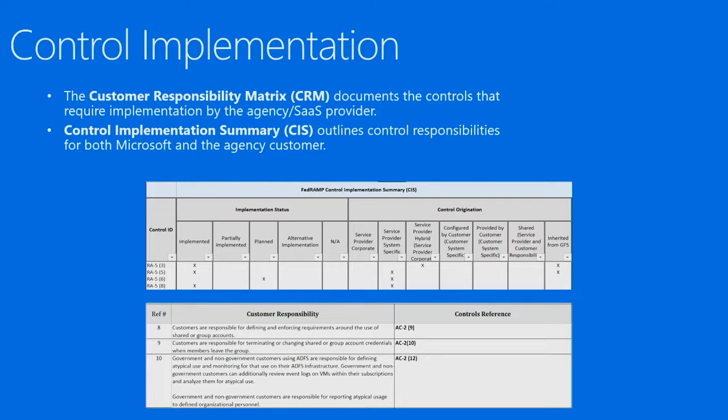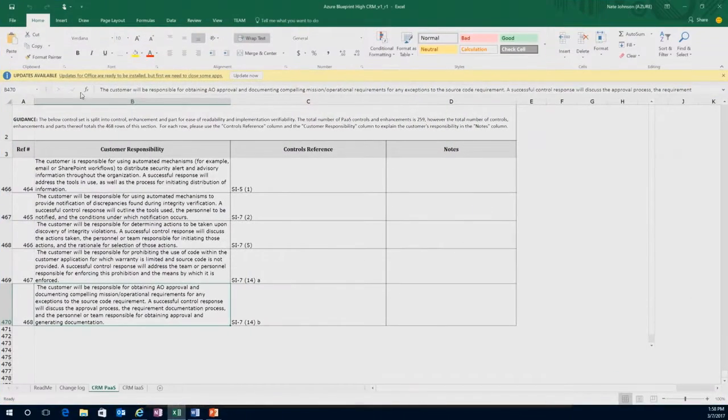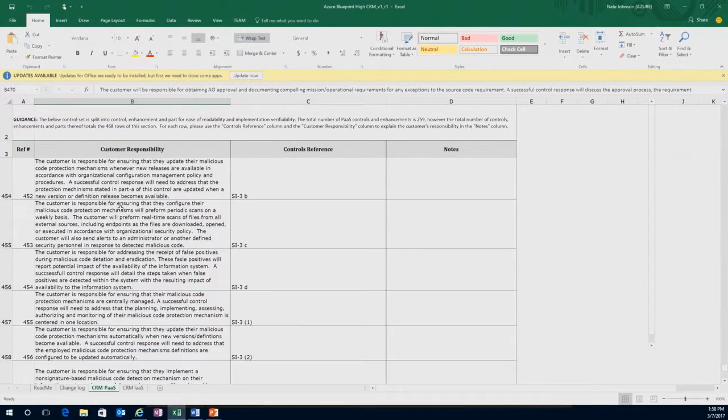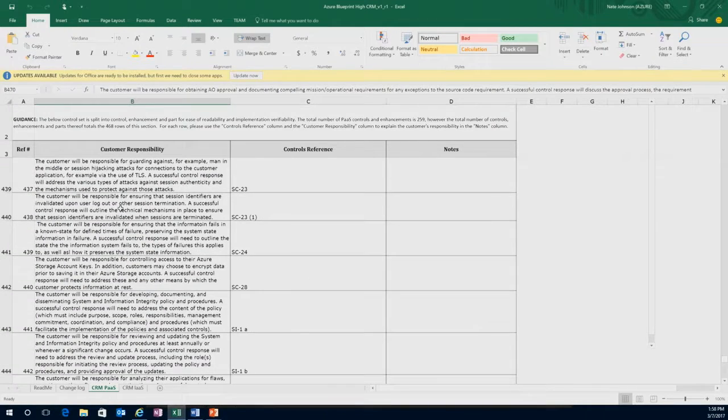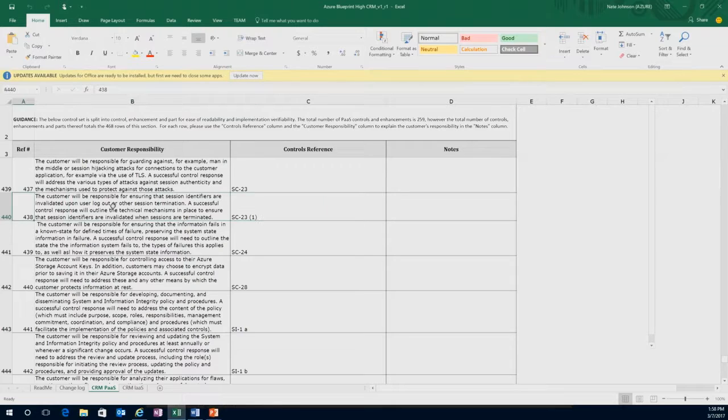So the text here is rather small. I'm actually going to click over to a version of the customer responsibilities matrix that we have available. Again, this text may not be super readable, but essentially what we do is break it down to the granular NIST 800-53 sub-requirement level.